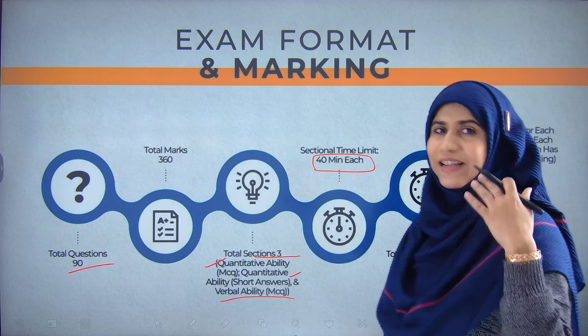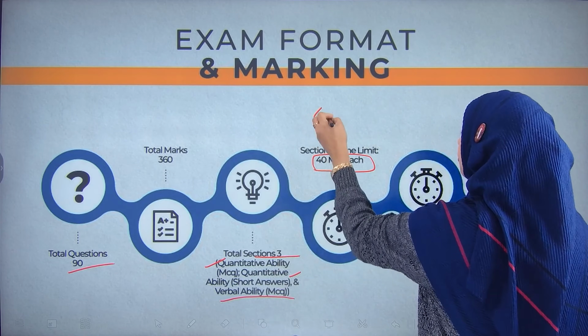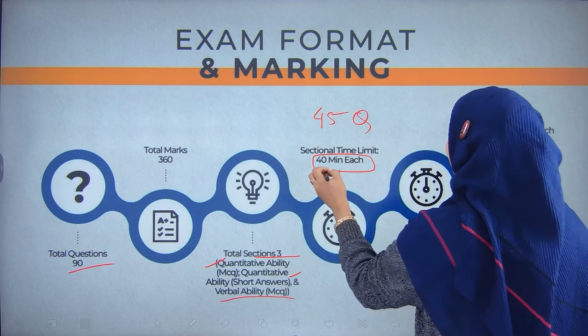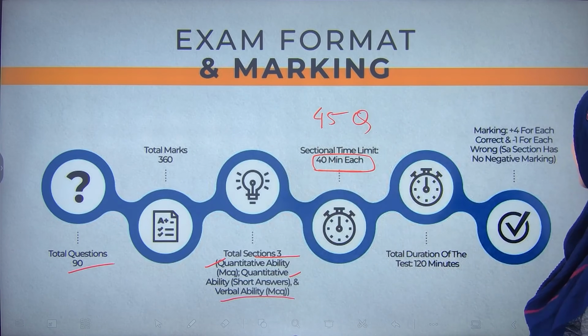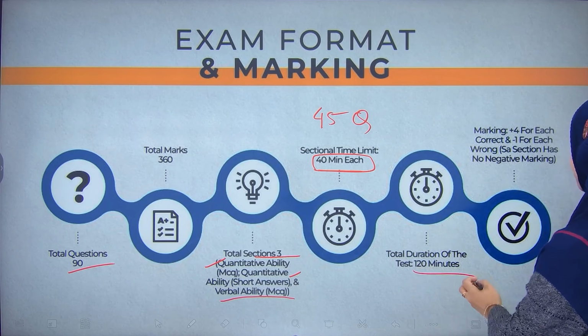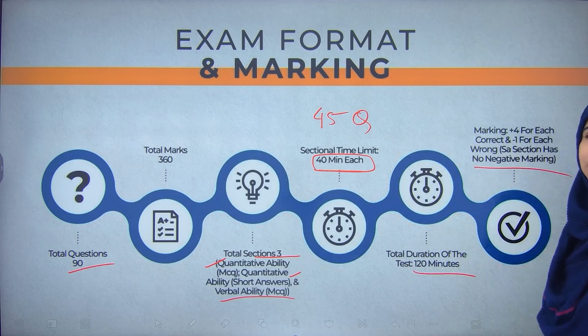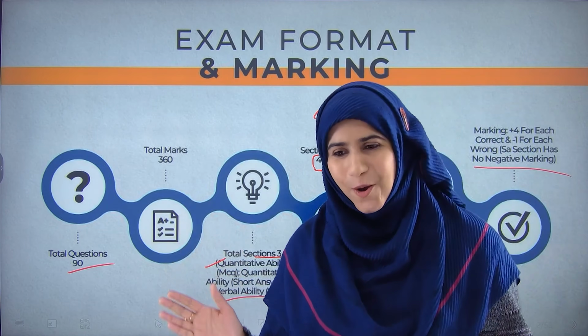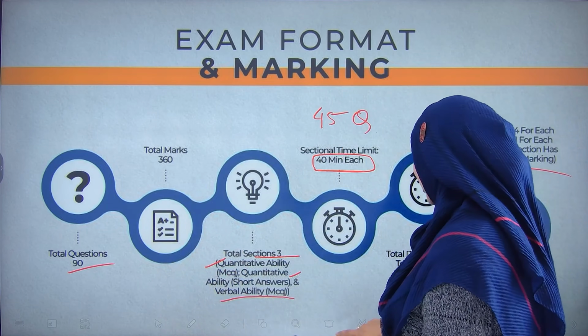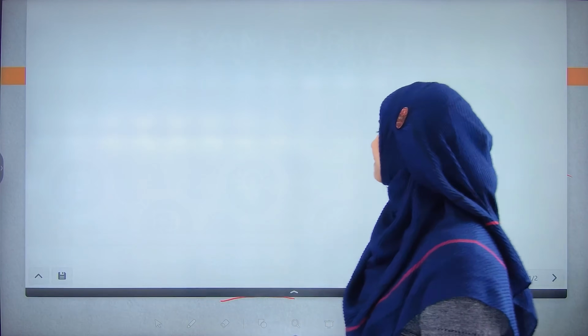So I think it's very clear that in English, you have to solve 45 questions in only 40 minutes. So that's not going to be very easy. Pretty evident, the duration of the entire test is 120 minutes. Marking scheme has already been mentioned. This much we already know. Okay. So now I have to discuss something else. So what are we expecting? Are we supposed to solve each and every question, all 45 questions? Definitely not. But then again, it all depends on the difficulty level of the examination.